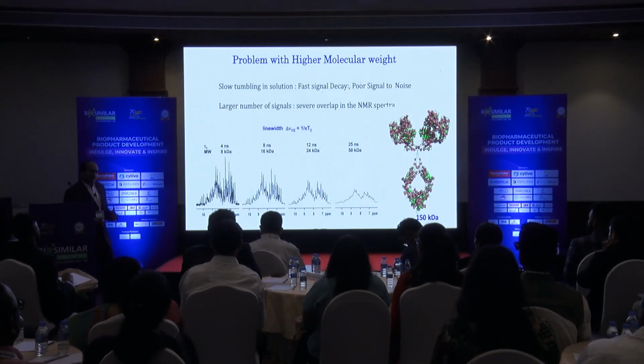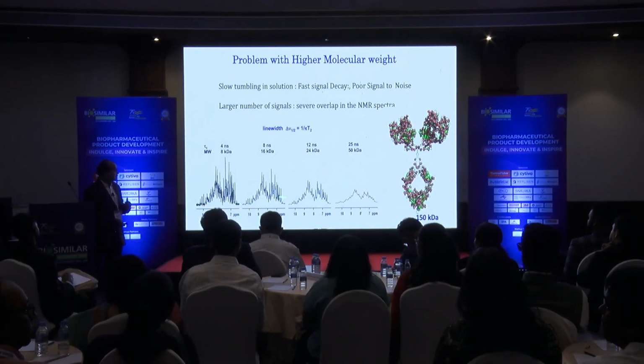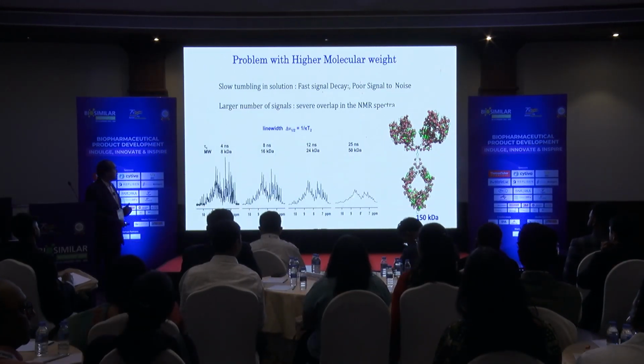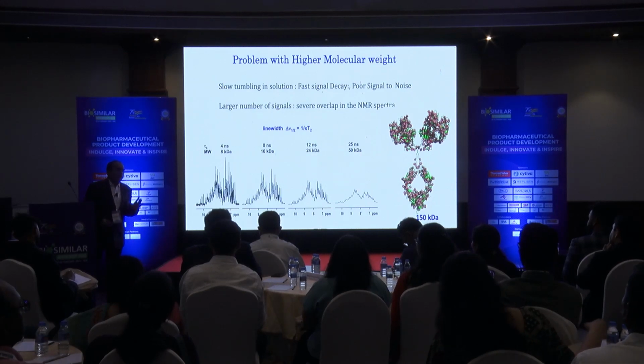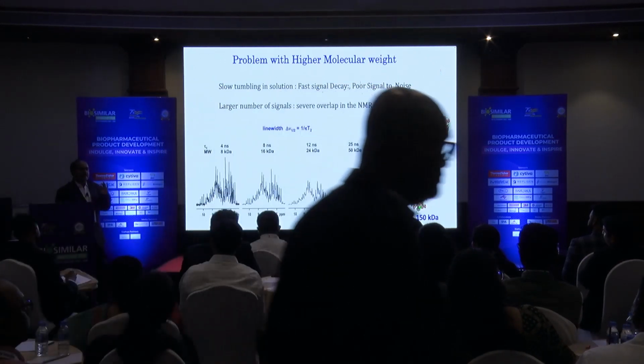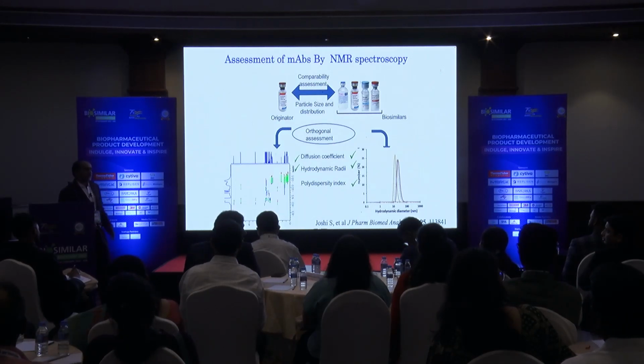Can we change a little bit? One thing, right? mAbs are a stable molecule, so we can increase the temperature a little bit. This is typically at 25 degrees. If you increase the temperature, we can speed up their tumbling, and we can achieve some sharpness. But then again, this technique that I mentioned to you can be used as a